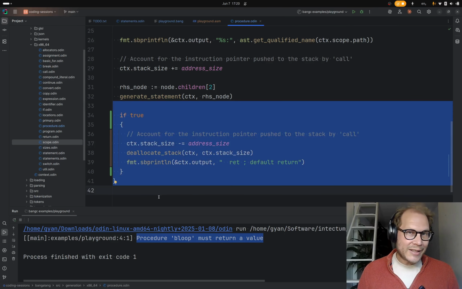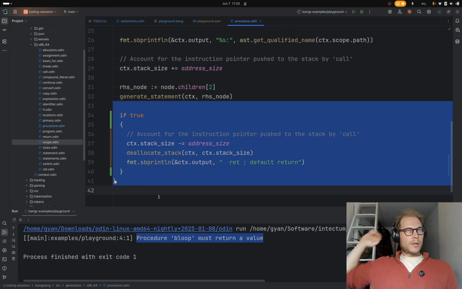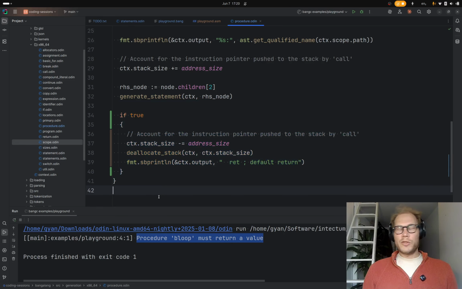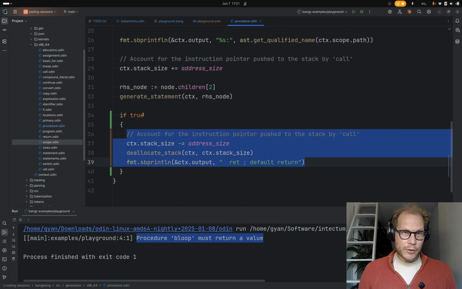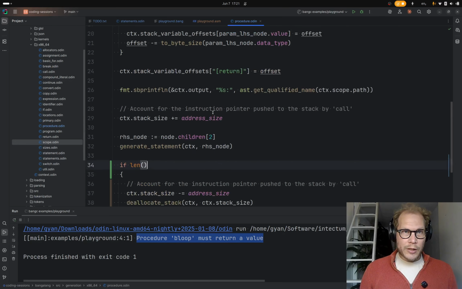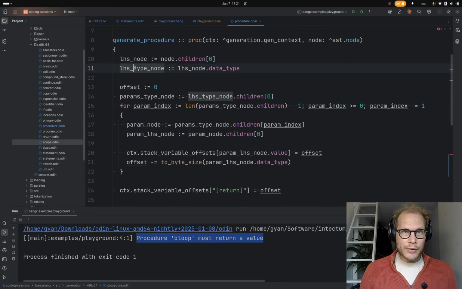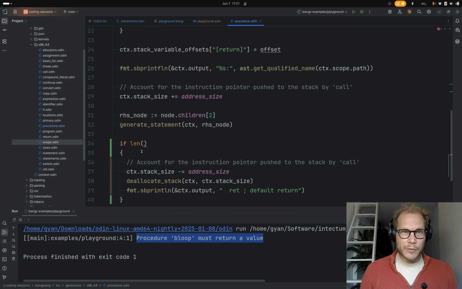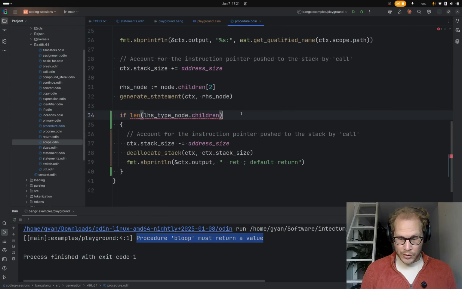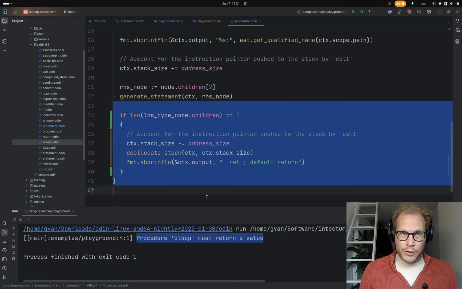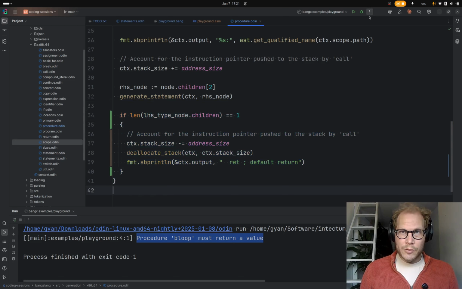We would only ever get to here for a procedure with a return value, we would have already returned, guaranteed. So this will only happen when there's not a return value. So if length of this, the first child was param type, second child is return type. So if there's no return type, then we do this.